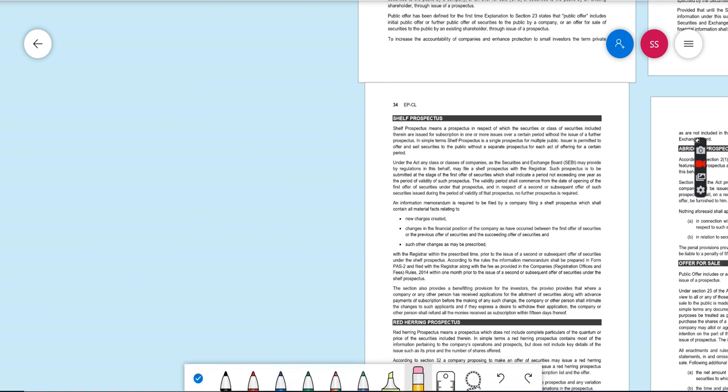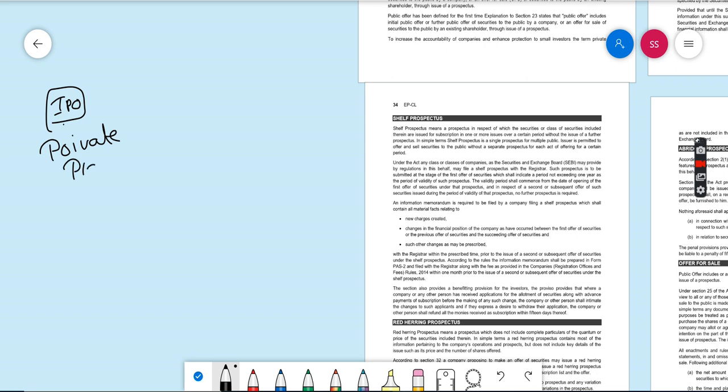If it is a public company, then it will issue a public offer. We will call it a public offer through IPO. Generally we'll call it IPO, right? Initial public offer. If it is a private company, it will issue the securities by private placement. First we will discuss IPO. How does a public company issue shares, right?